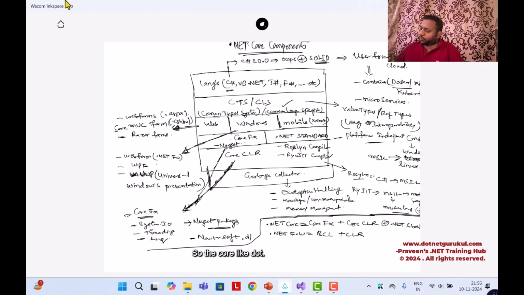So .NET Core 8 is the latest framework. Okay, and we are going to work with .NET Core 8 and .NET Framework 4.8. The latest version in .NET Framework was 4.8, and .NET 8 is the latest version. Okay, and for C Sharp the latest version is